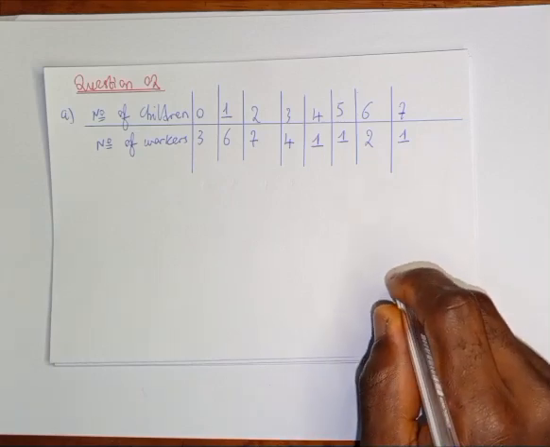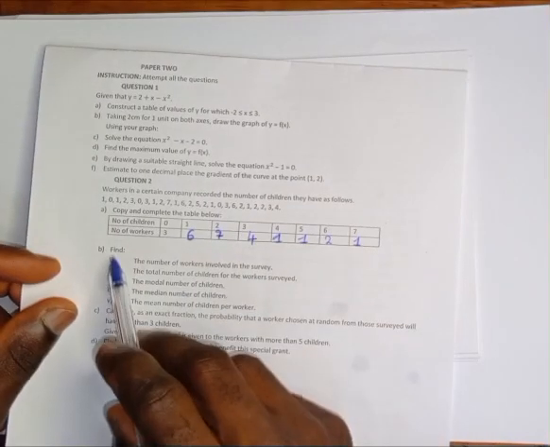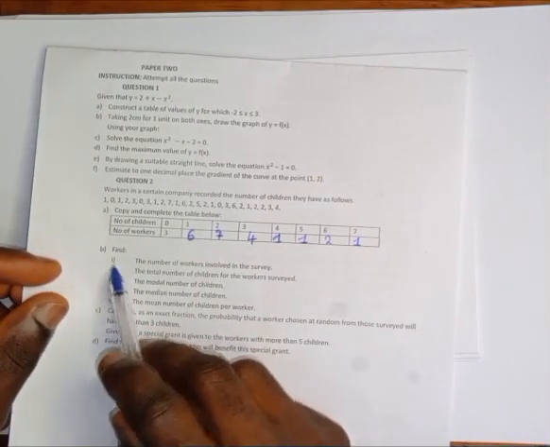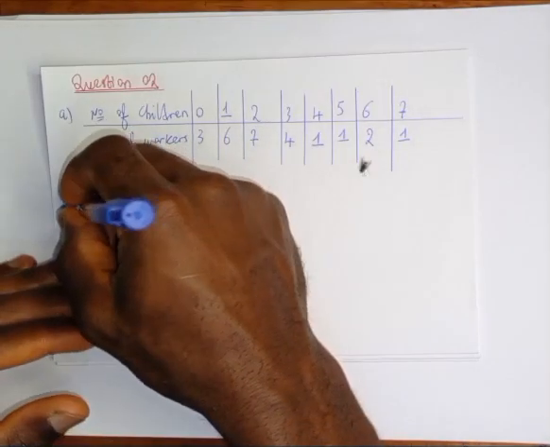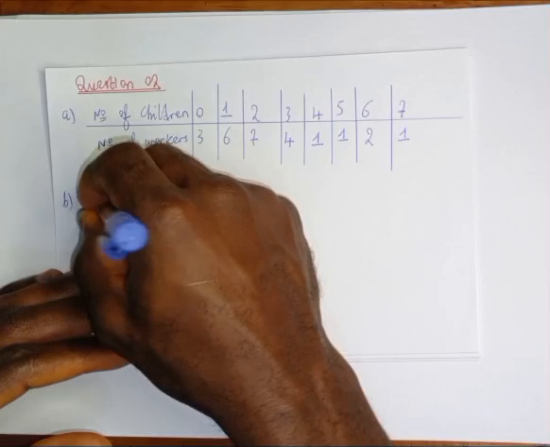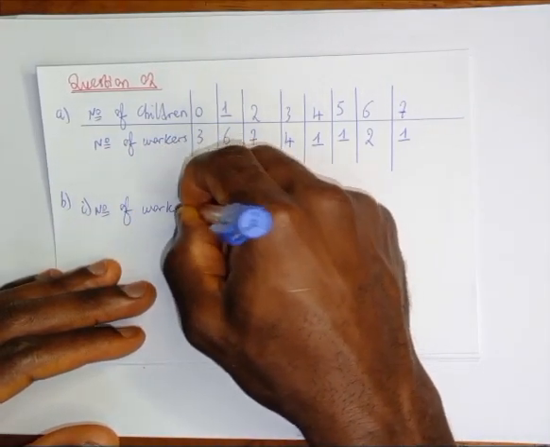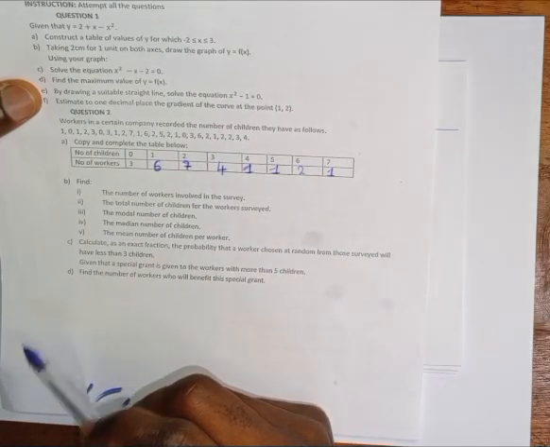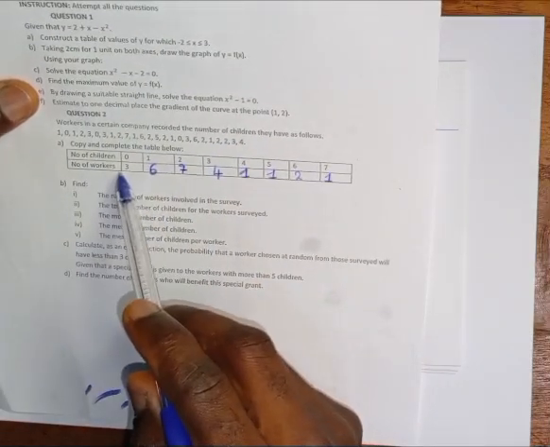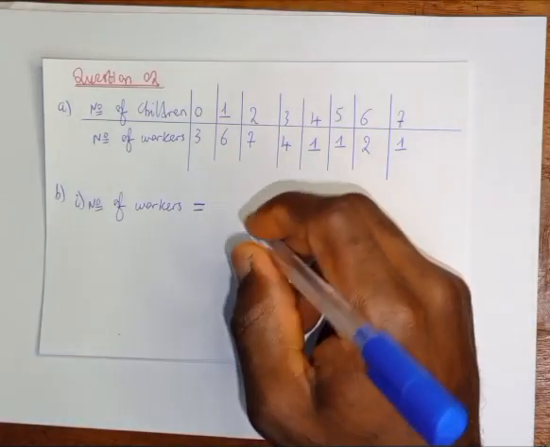Question A. We are done with A. We go now to question B. Question B says, find I, the number of workers involved in the survey. We need the number of workers involved. We can get it by counting the number of data we have here, which is 25, or we can get it by summing the number of workers we have here. That is by taking